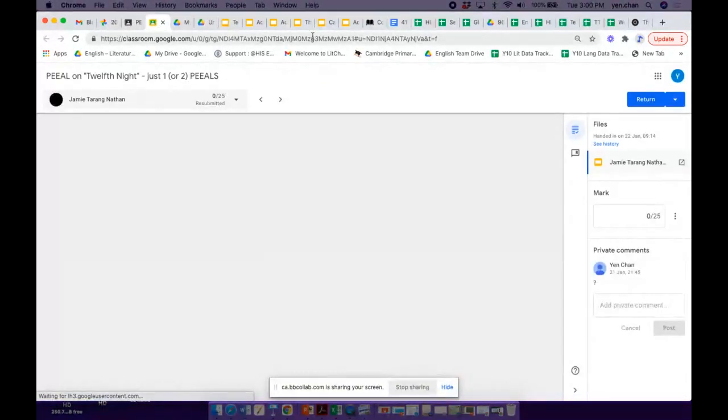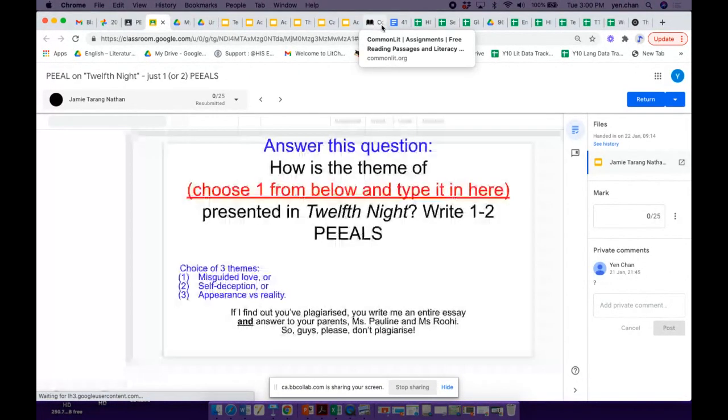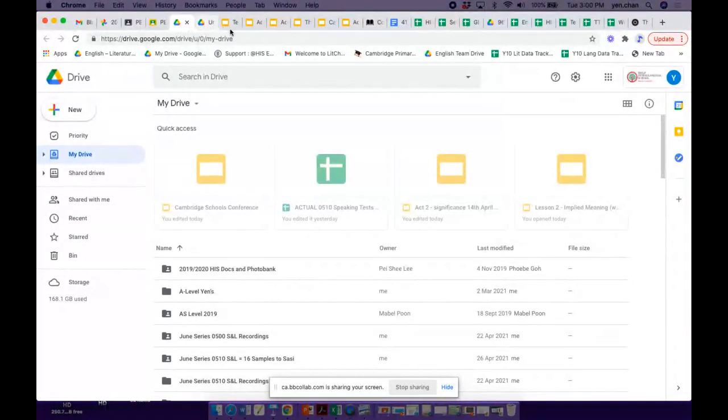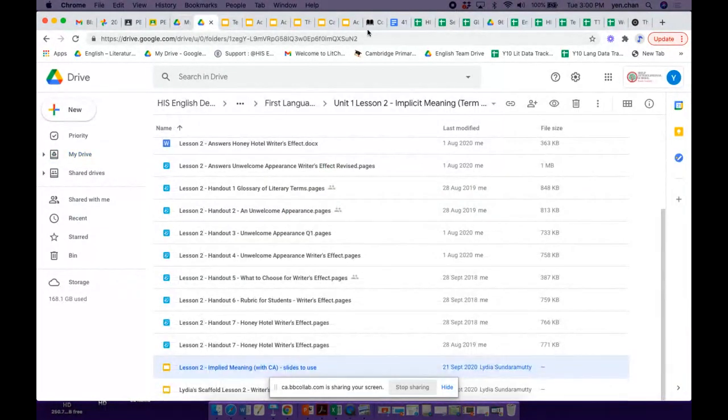After that, if you're using good old Word document, good old Word document also works, because you're able to give feedback just by keying in information. For example,